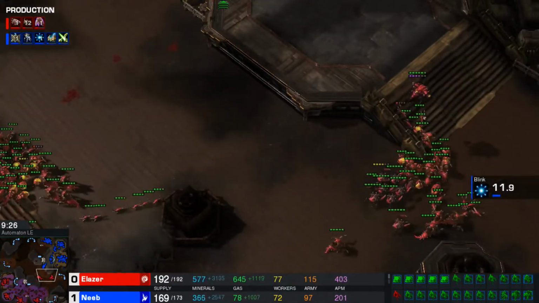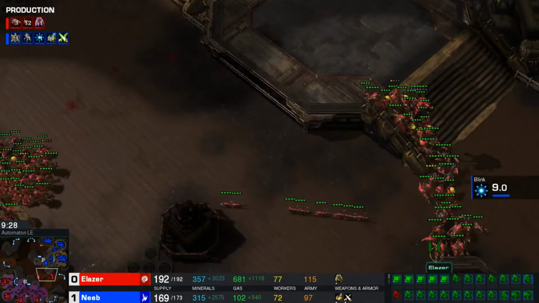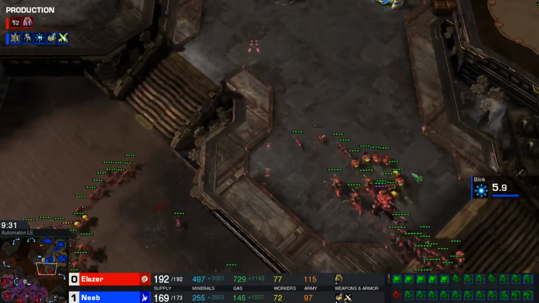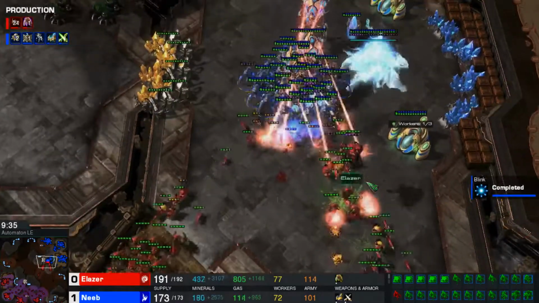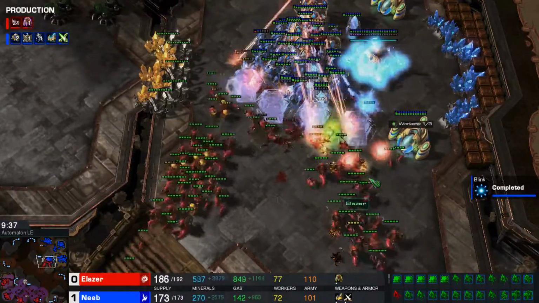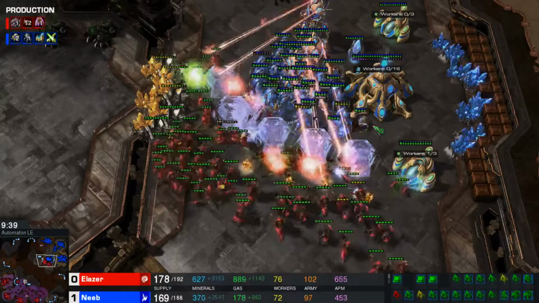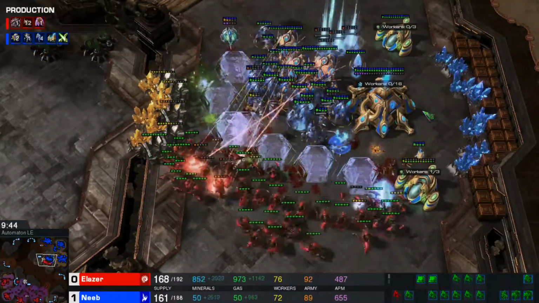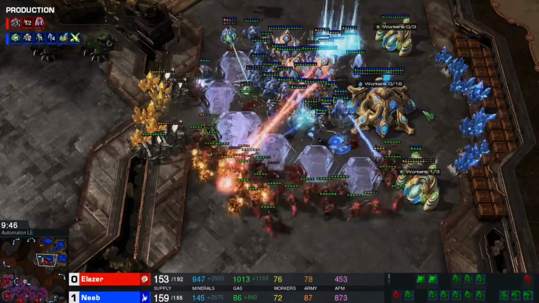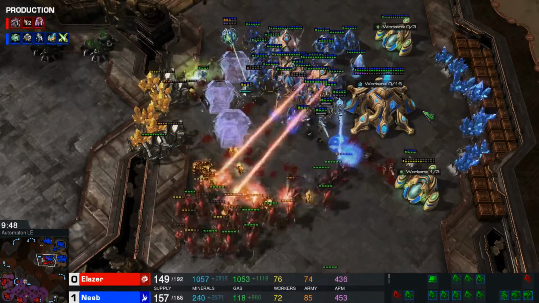The splits are going to be coming. It looks like Elazer's thinking possibly about trying to get us around in here. Blink is going to be finished up in less than 5 seconds for Neeb. I don't know what I think about Elazer really going in here. Beautiful force field is going to be going down. Oh my god, the extended Thermal Lance doing so much damage right now, as we are going to see both players kind of trading blows at this point, and it looks like those